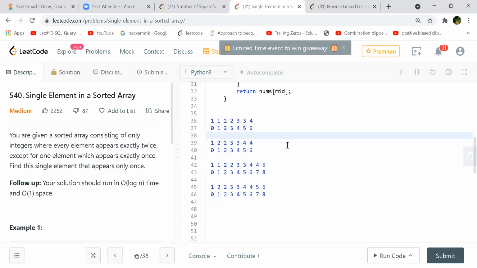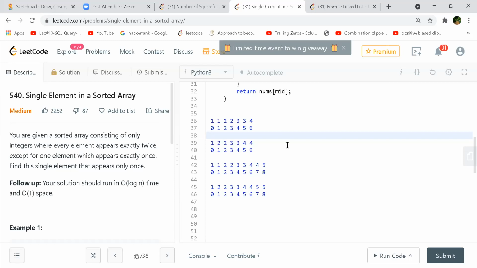Yeah. So if we observe, line number 36 is the elements given in the array and 37 is the index. This is the positive case, where the first half does not contain a single extra element. The first half is perfect: 0 to the middle of this array, which is 3. Up till 3 everything is perfect.